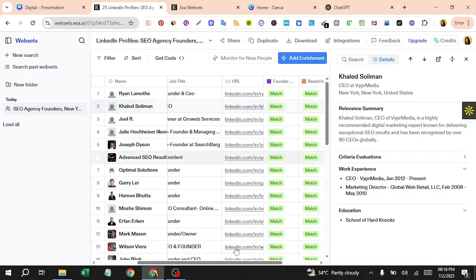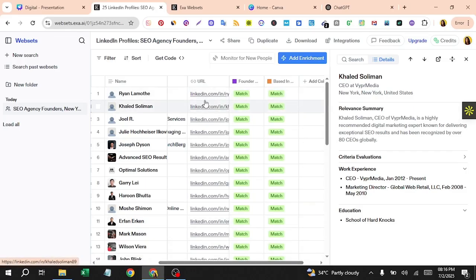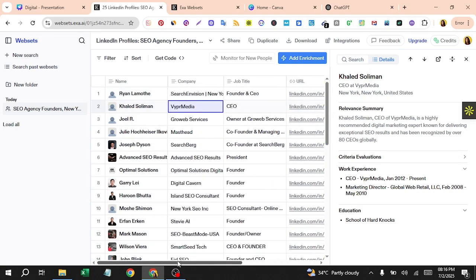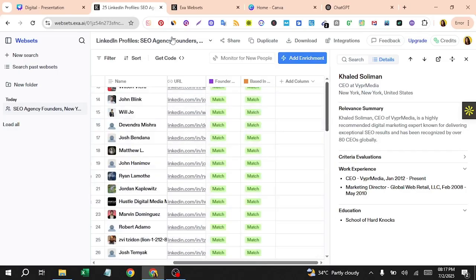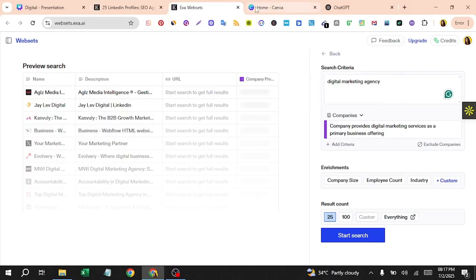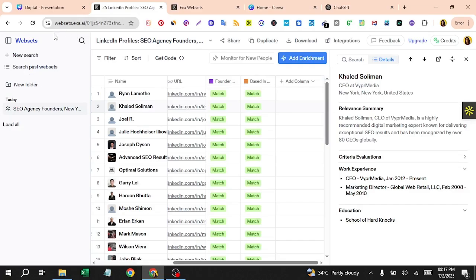Their LinkedIn profiles are there, and when you click on a profile, you get to see their LinkedIn page. Then you just message them, connect with them, and follow up on their posts and their content. If they're not creating content, you can also pitch your offer. If you are a LinkedIn creator, you can pitch your offer to them. This is how you create a lot of leads using this tool. It is an amazing tool, and I'm using it personally.